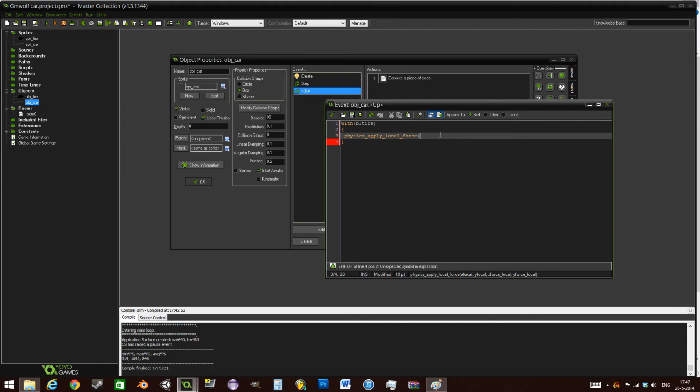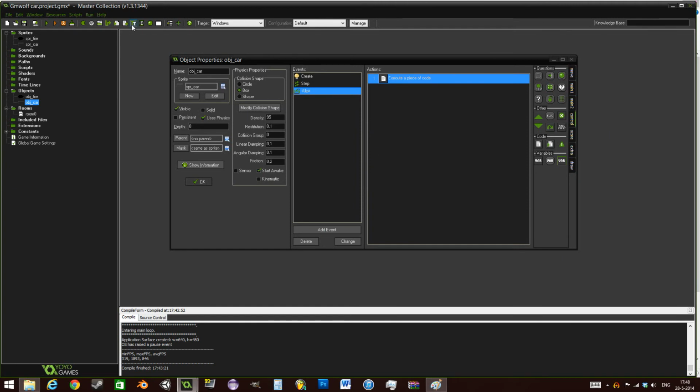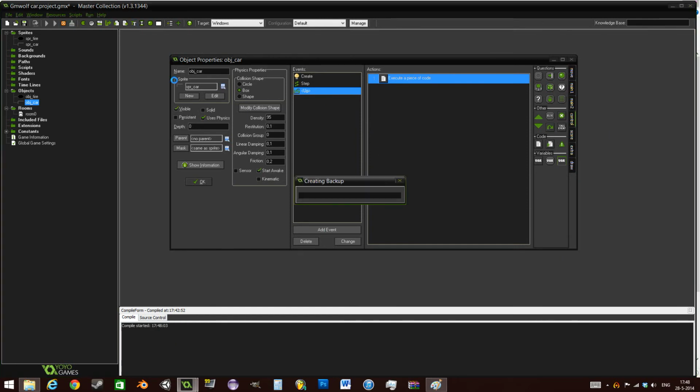So we want to have x local, which is going to be where along the object. We want to have 0, 0, because it's going to be relative to our x position already. And the x local force we're going to set to 100. And I did forget the y local force, which would just be 0. And then we just copy this, paste it for the back right tire. This is the same as applying a force of 200 on the car, but it's more accurate that way. So if we press play now,